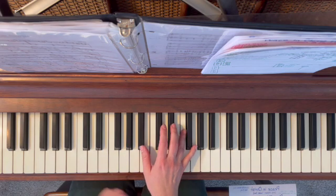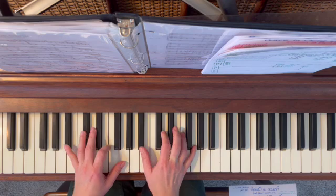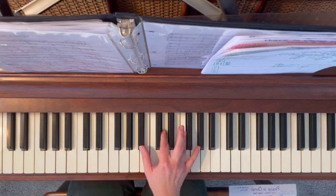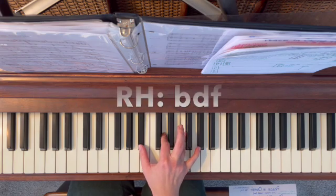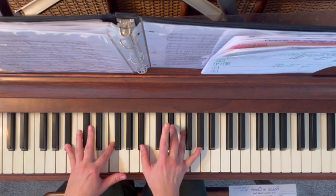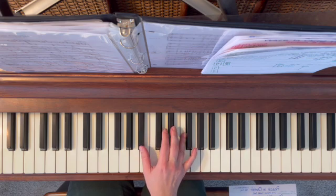And before it was just gone, and then we went into that one note. But we're gonna play this part twice. Gone, and do it again, like that. So gone. All right, so you see that? There's an extra gone, like an extra, you play that chord twice. So gone, do it again, and then you do